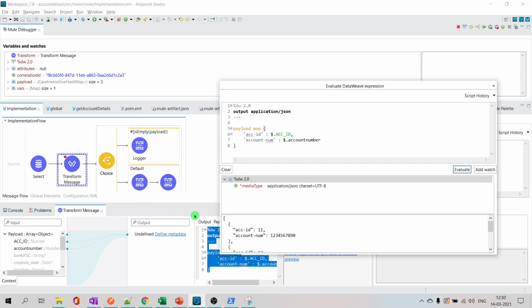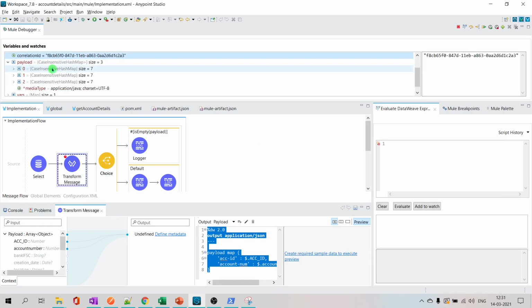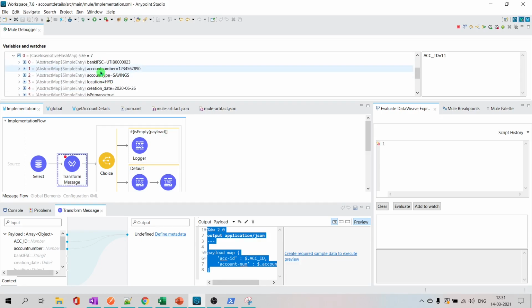That is the interesting thing. See, I'll change my name here. That will be changed when I click on evaluate. Observe here, evaluate. So it is changed. This 11 and these numbers are coming from my payload actually. This is the payload, and the 11 and those numbers are coming from here. This will be useful to test.